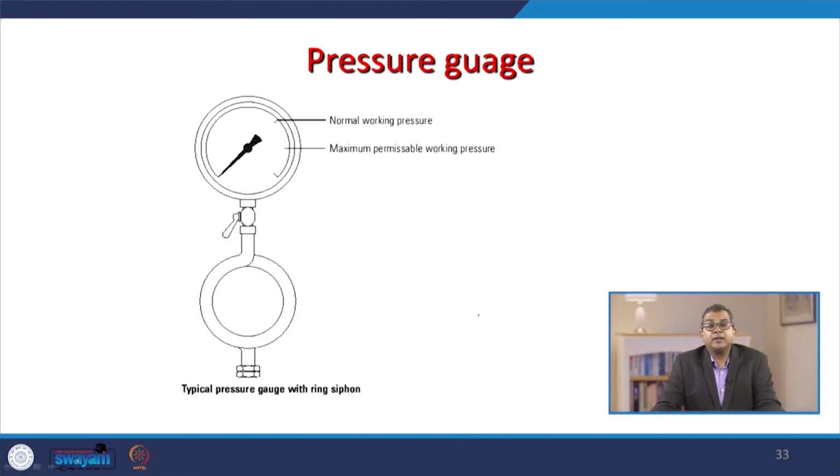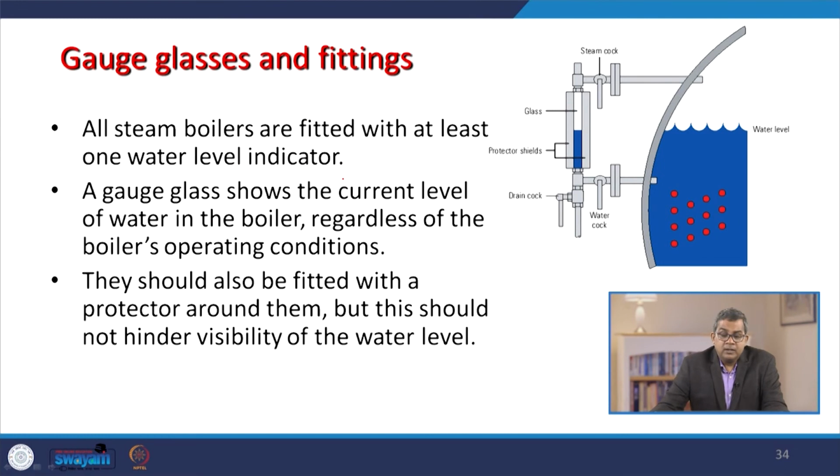One of the key factors in the boiler is the pressure gauge, and obviously without measuring the pressure you cannot proceed further. So, the pressure gauge is again an integral part, and some of the boilers, those working at very high temperature and pressure, may have 1 or 2 pressure gauges. Now, usually this indicates what is the normal working pressure and what is the maximum working pressure by either color codes or some siren system. There are certain gauge glasses and fittings to visualize what is going on inside